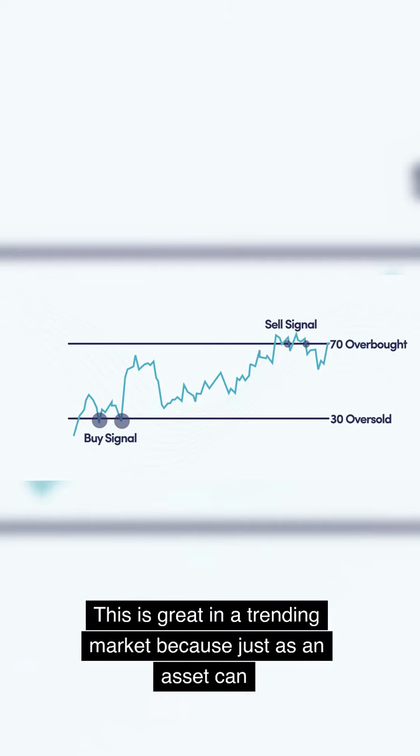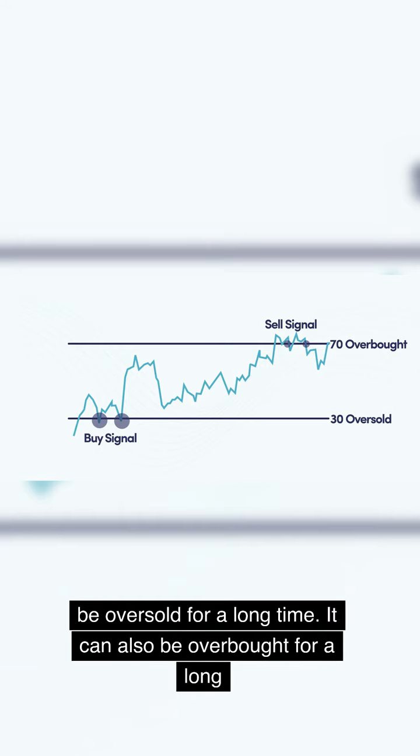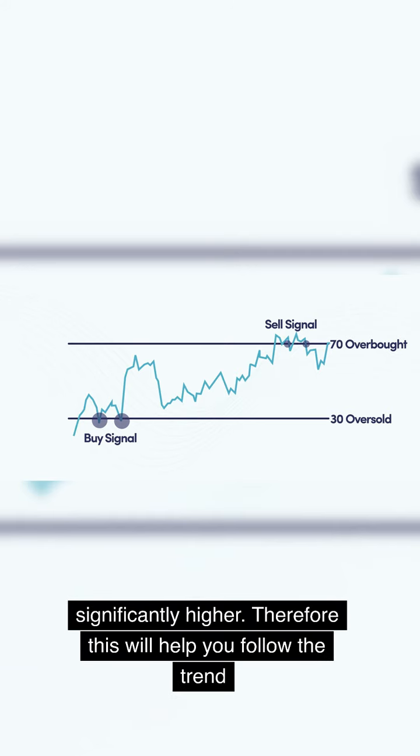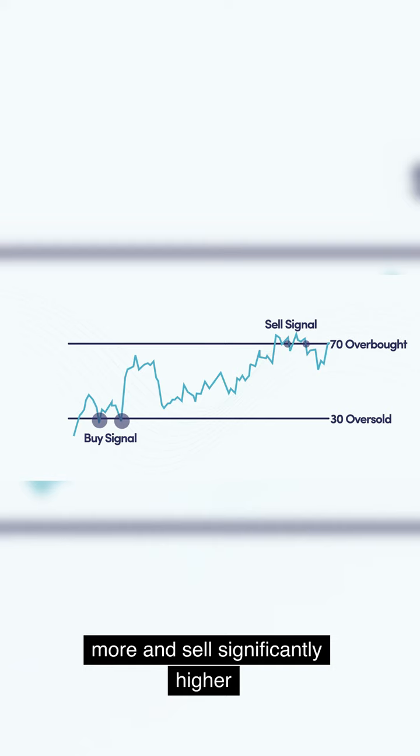This is great in a trending market because just as an asset can be oversold for a long time, it can also be overbought for a long time, meaning that if the price is currently high, it can still go significantly higher. Therefore, this will help you follow the trend more and sell significantly higher than a regular oscillator in